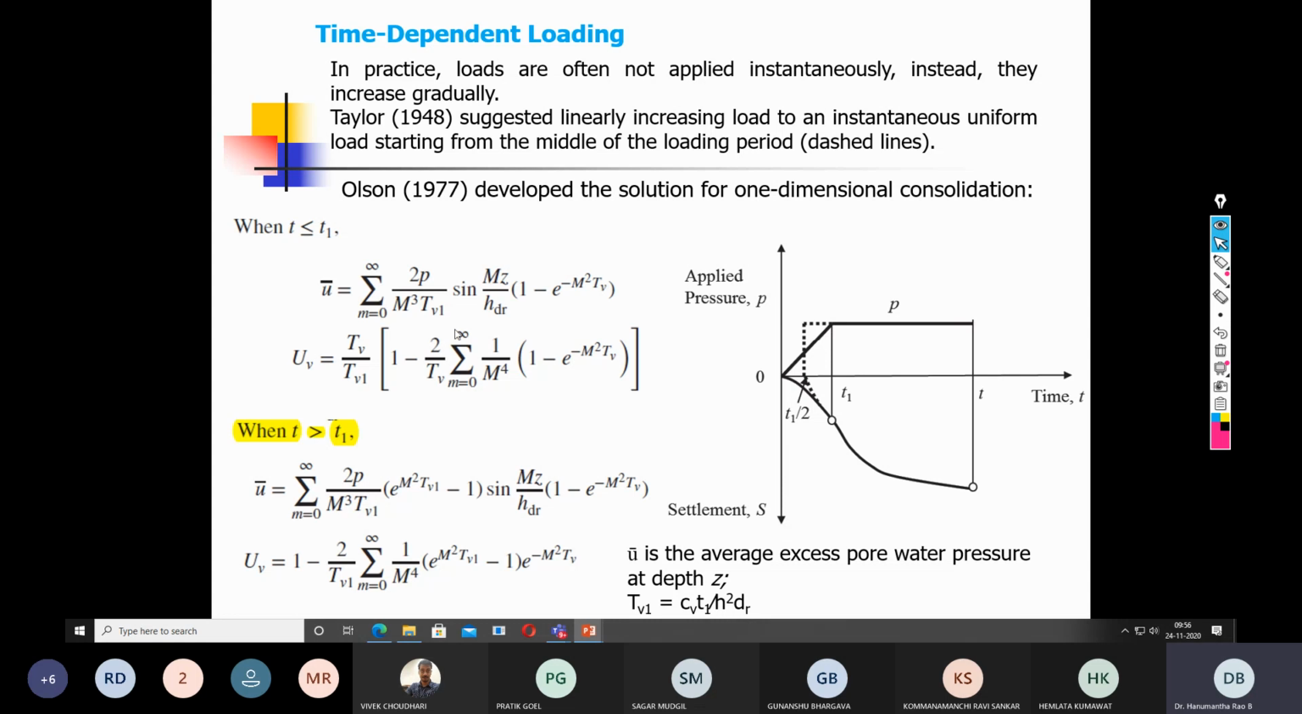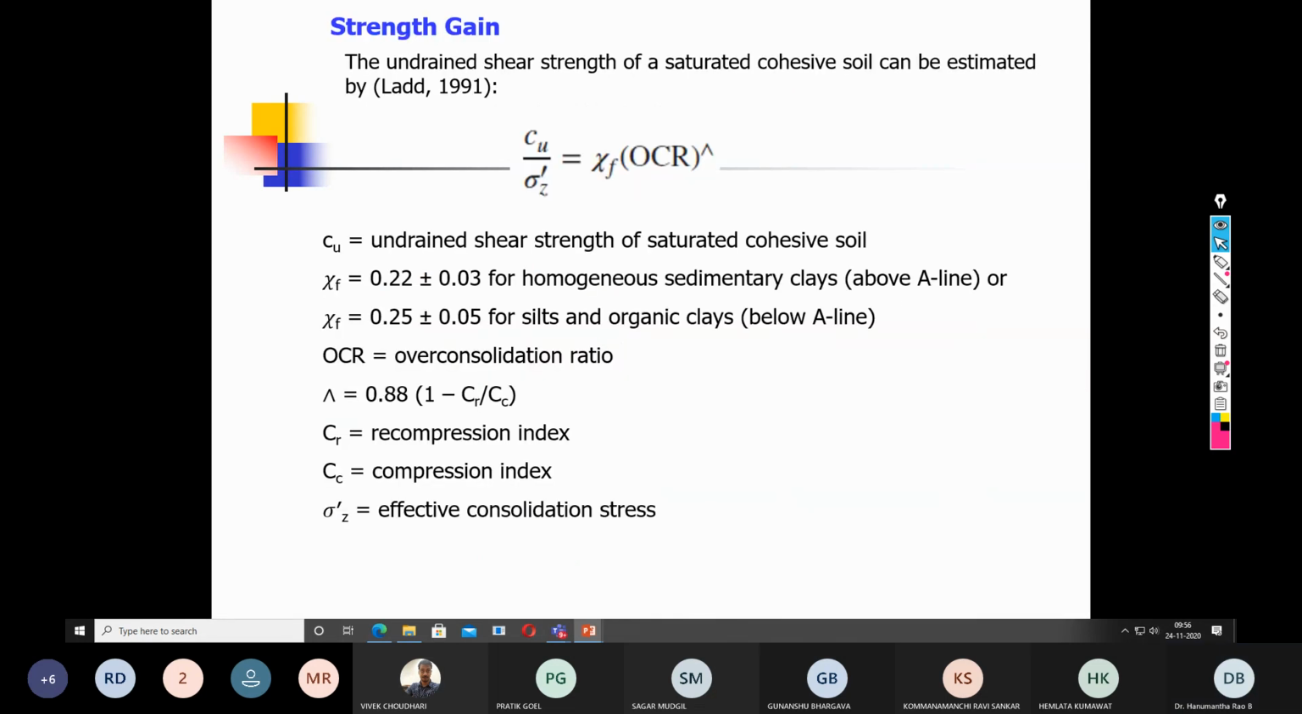So these are equations given by Olson, 1977. So solutions for 1D consolidation, for a ramp loading or instantaneous loading. One important thing is that since the beginning of this ground improvement technique by sand drain technology, we